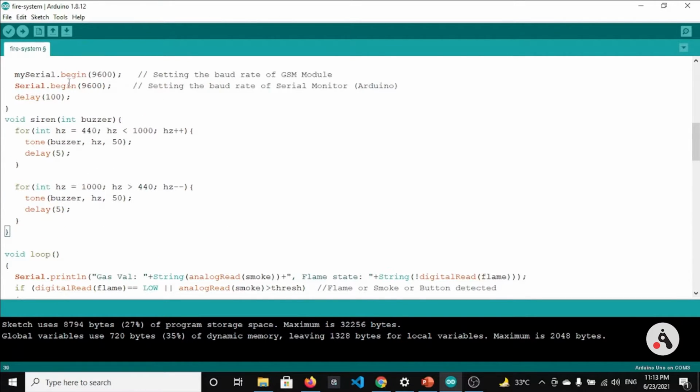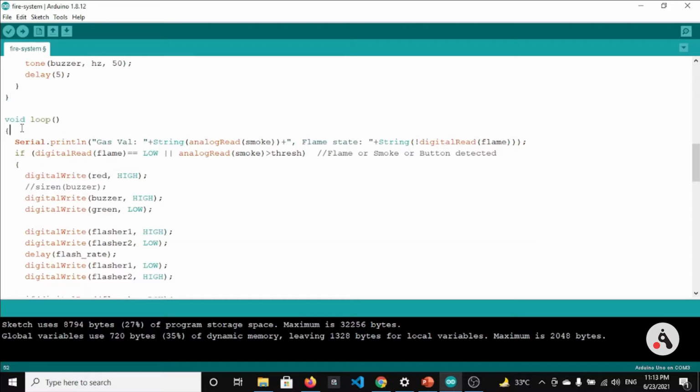After the setup method, the code will execute the loop method regularly. First we can see this line of code which says gas value and is flame state. Gas value is reading analog read of the smoke pin.